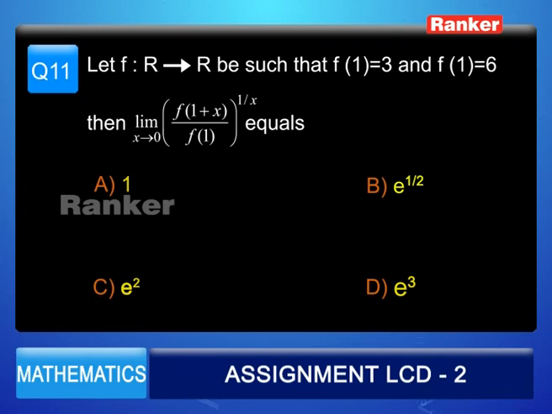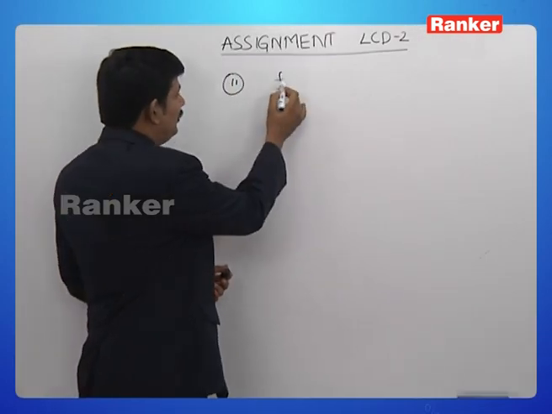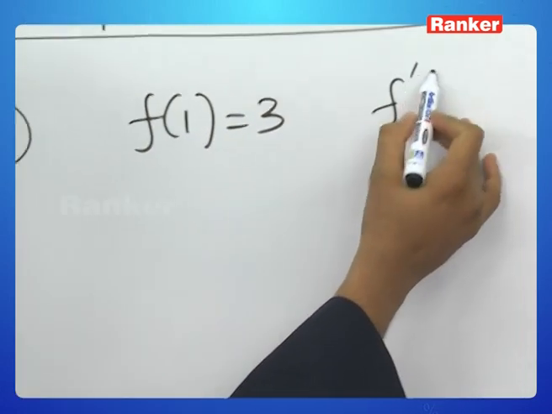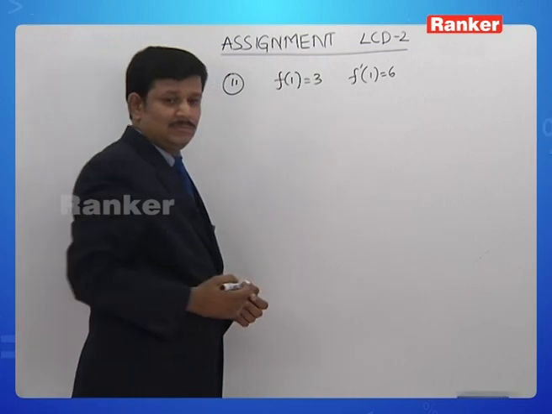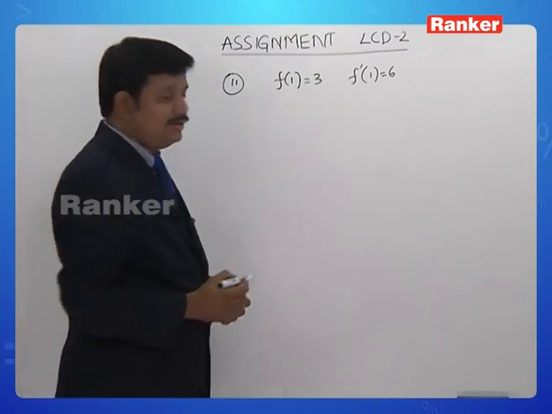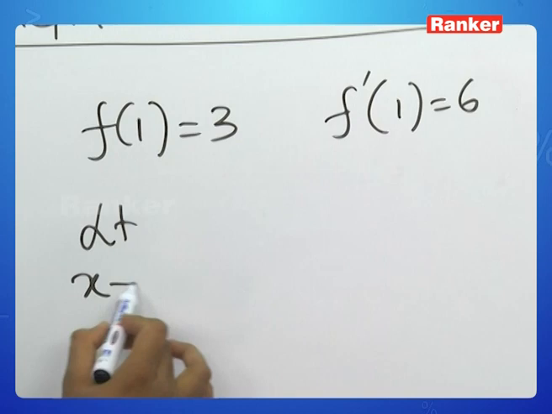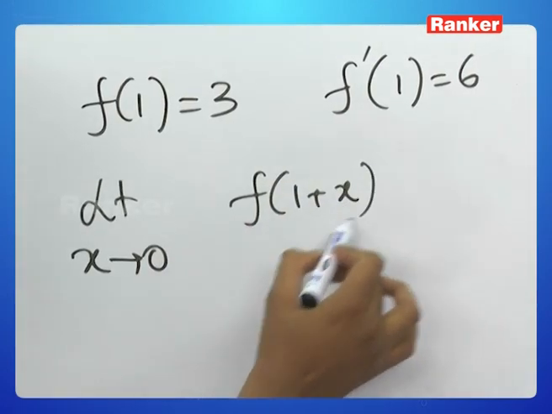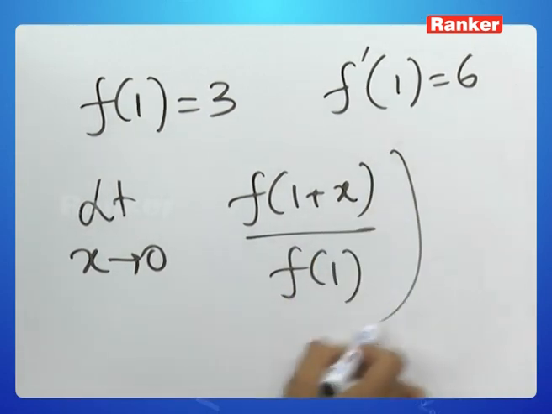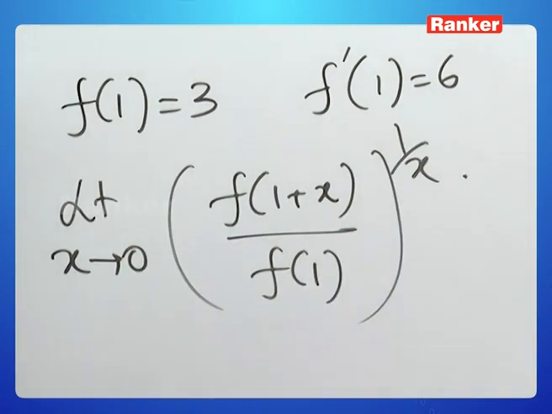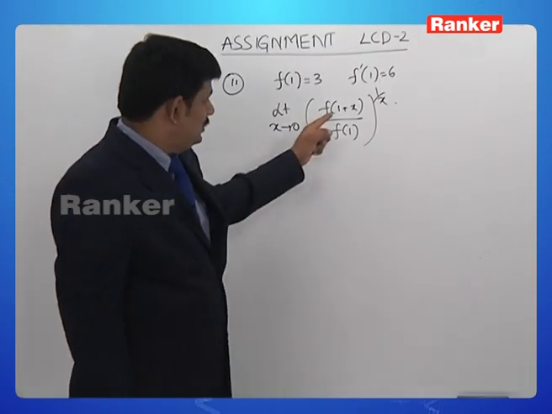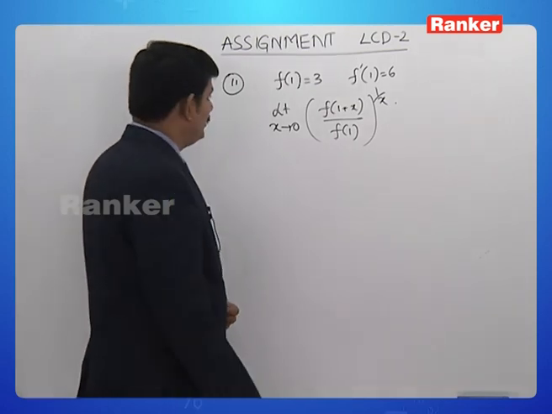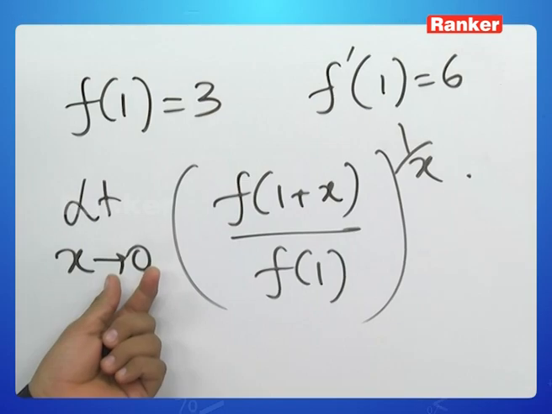In the question it is given f of 1 is 3, f dash 1 is 6, and we are asked to evaluate this limit. Now, let us see, as x tends to 0,